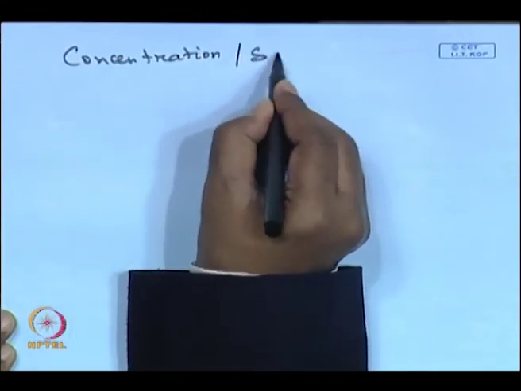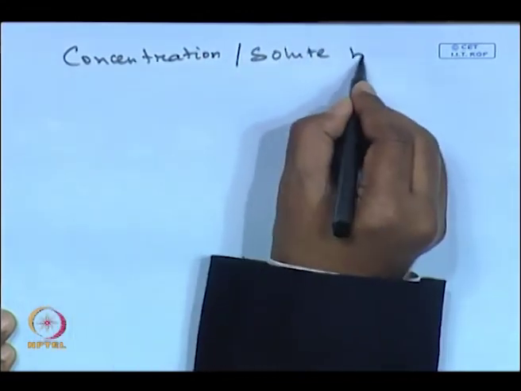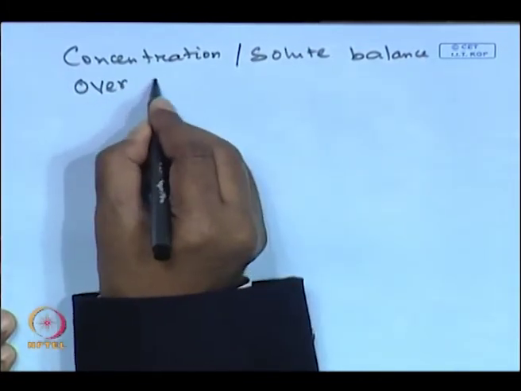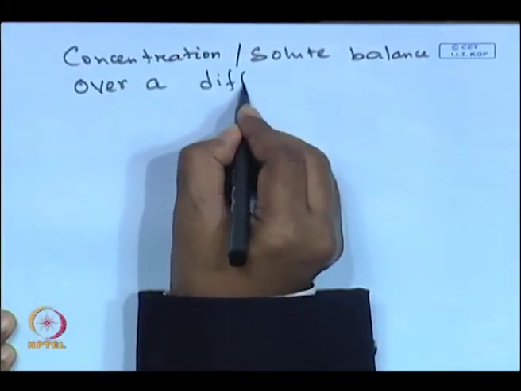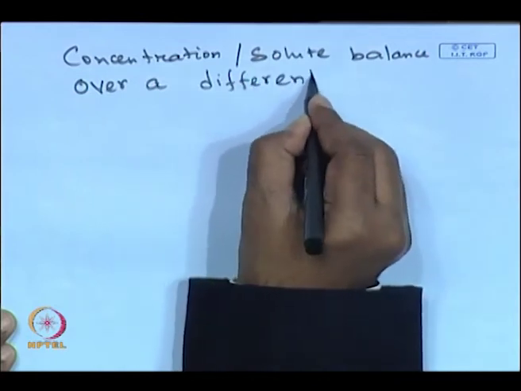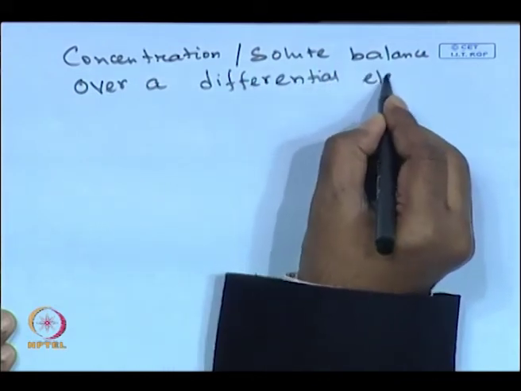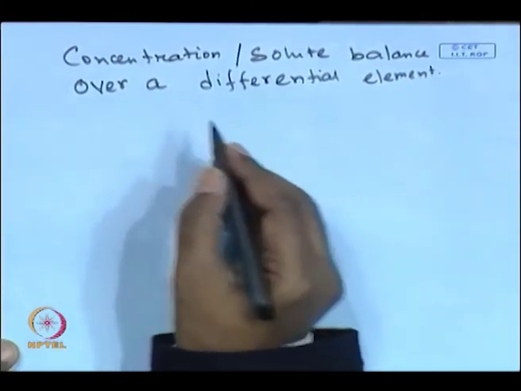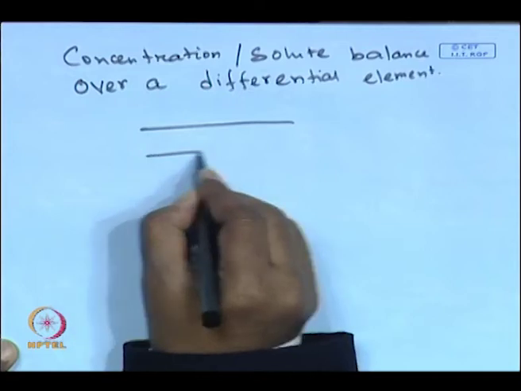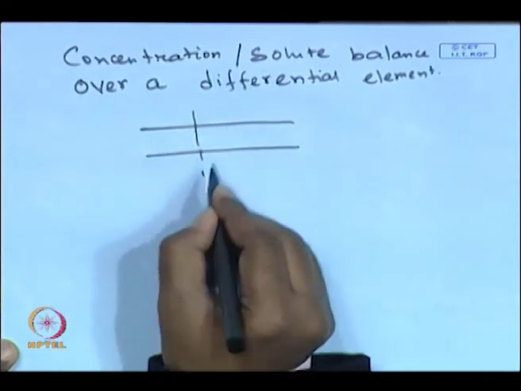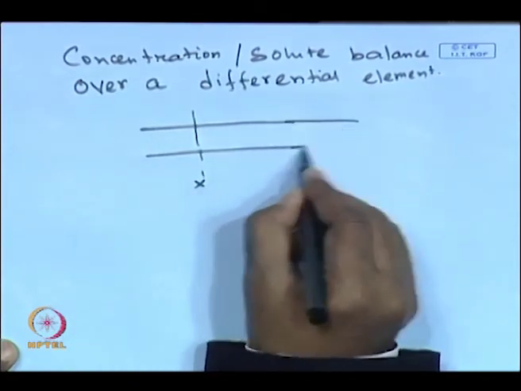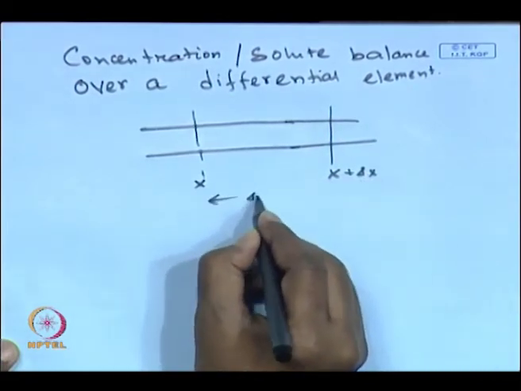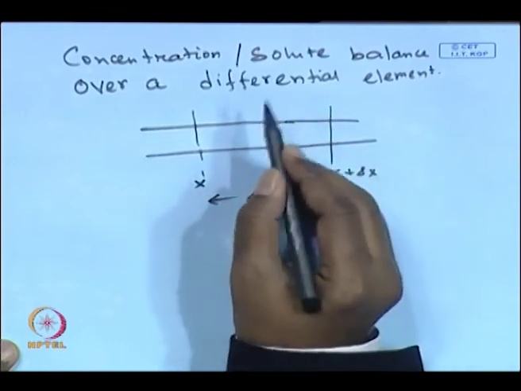Concentration or solute balance equation, solute balance over a differential element. This is located at x, this is located at x plus delta x. So, this thickness is basically nothing but delta x, and